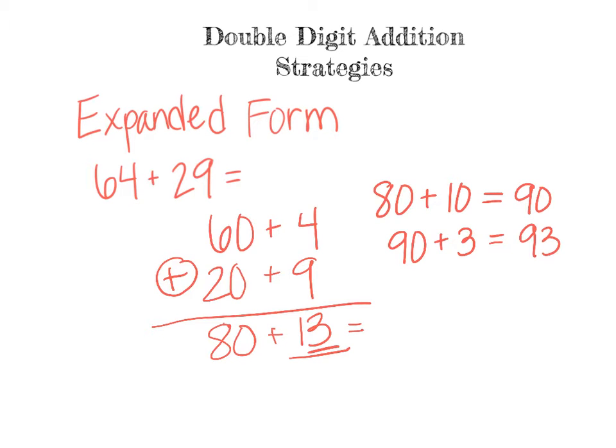So if I have 8, I know that 8 plus 1 equals 9. And I know that 0 plus 3 equals 3. So I get 93. So my answer is 93. 64 plus 29 equals 93. So boys and girls, this is our expanded form, and I'm going